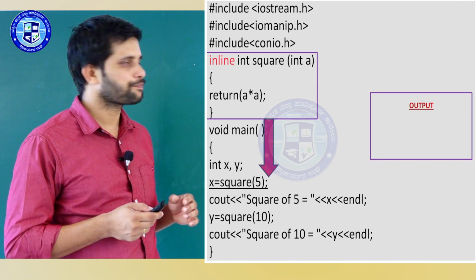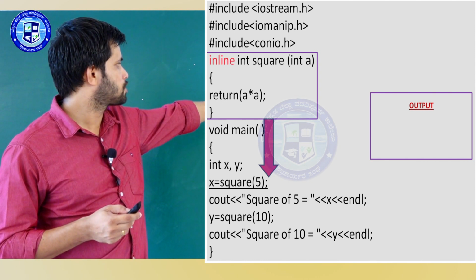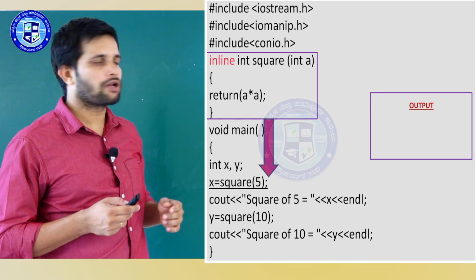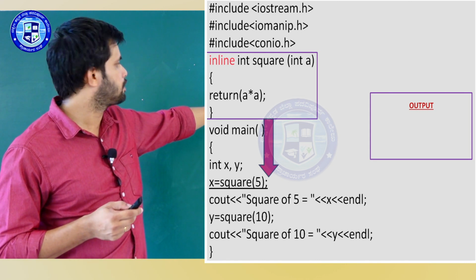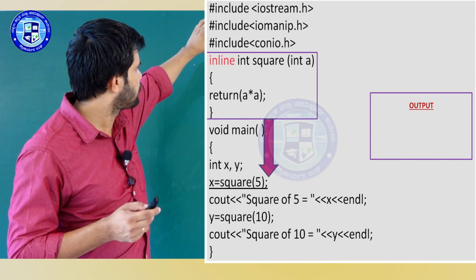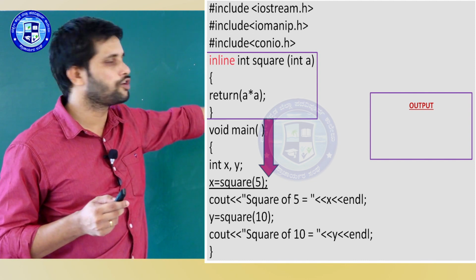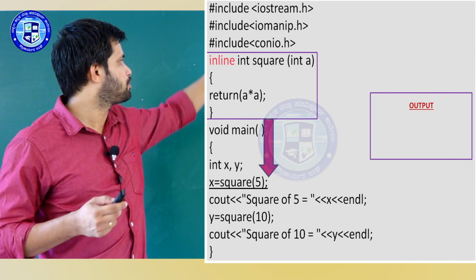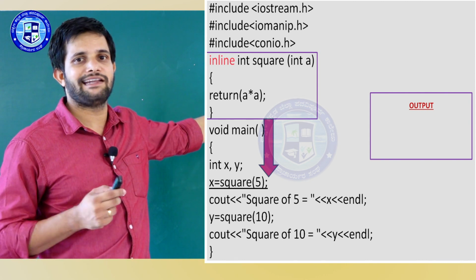Let us see the output, right. First let me call this function, square of 5, and that value has to be copied to the variable called x. So I am calling this function. When this function is called, as I said, it is an inline function. You are calling the inline function. This is the body of the function, and this body is going to be substituted here. So you are not wasting your time. You are substituting the body of the function here. That is nothing but an inline function.